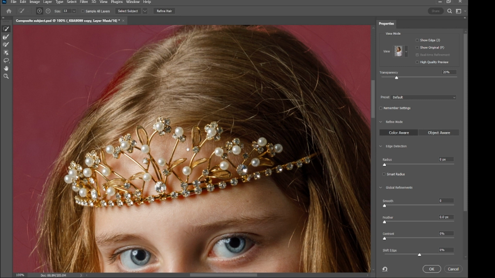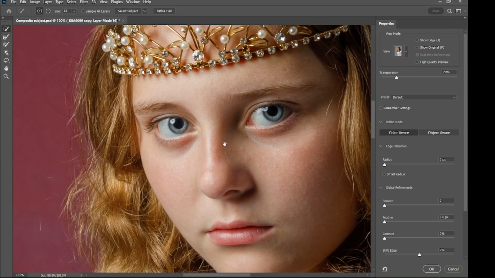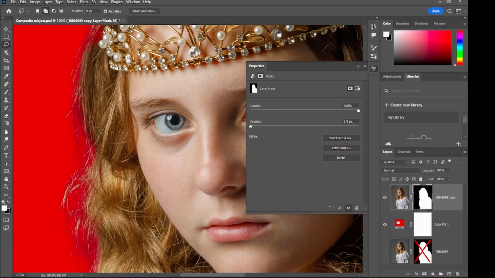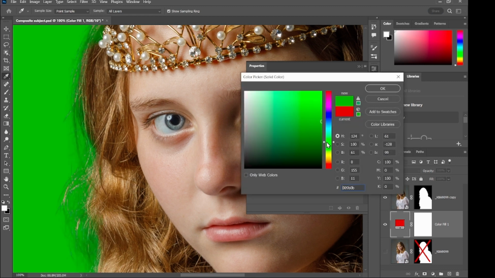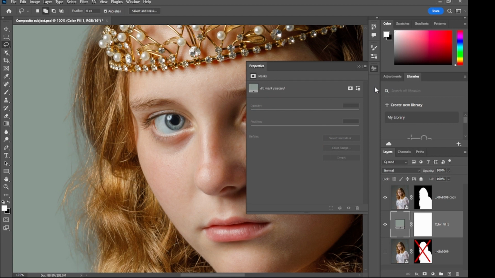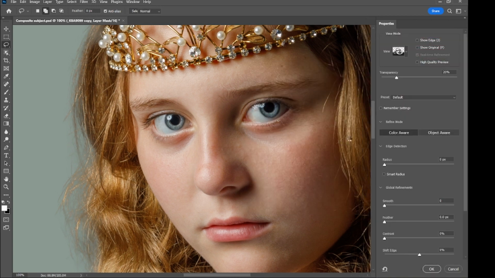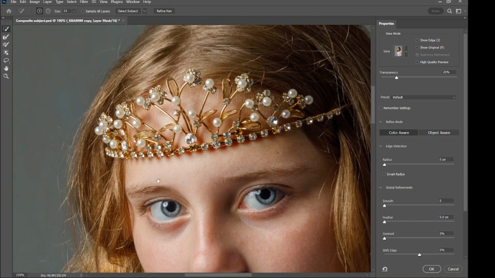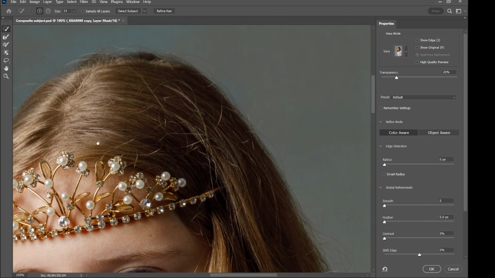Now, because the mask that it's showing is actually red, I'm going to change the background colour that I've got in to green, and then we're not getting too confused. This is just so that I can see it on a new background when I'm working. So if we go back into Select and Mask again, and we make sure Refine Hair is ticked. Now, you don't know what it's doing in the background, but